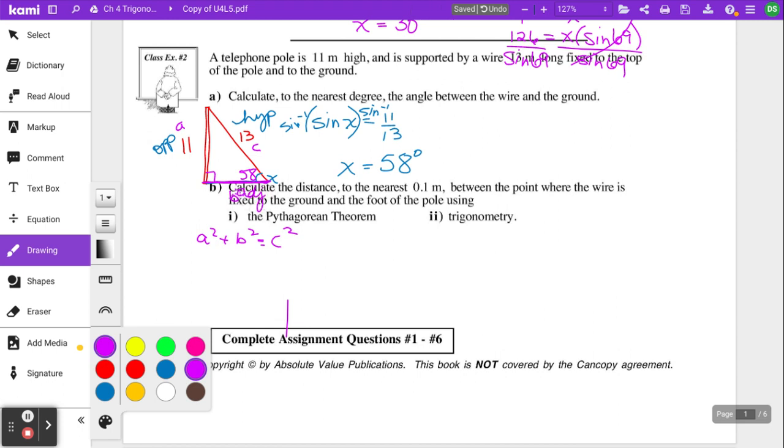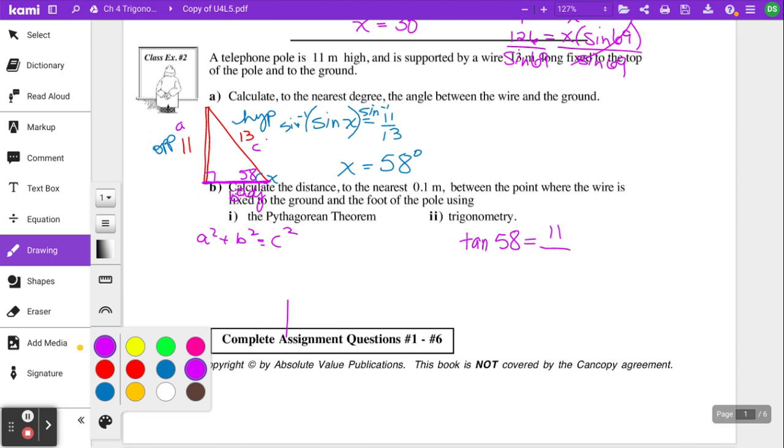Now you have adjacent, you have hypotenuse and opposite. You can use anything you want as long as there's an adjacent in it. So that means you could use the cosine one or the tangent one. You get to pick. Do you want to do tangent? I heard tangent. Okay, so tangent of 58, always the angle, is equal to the